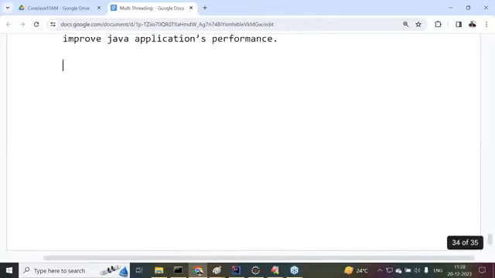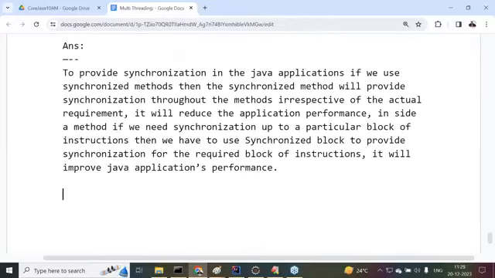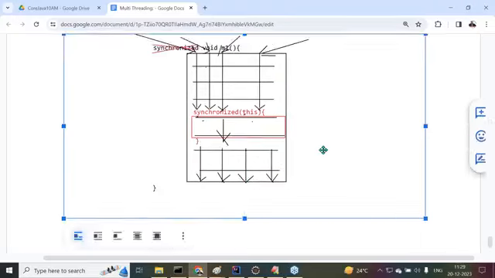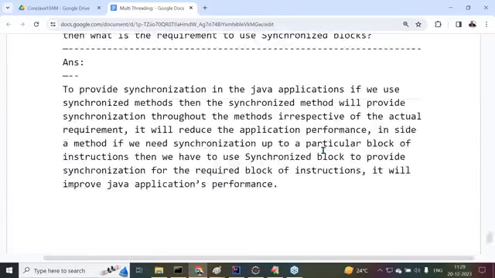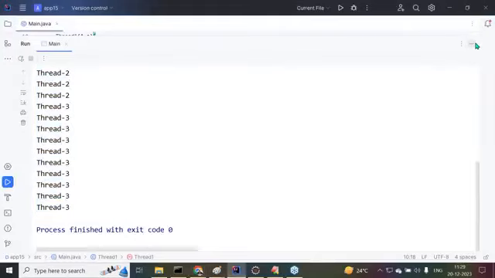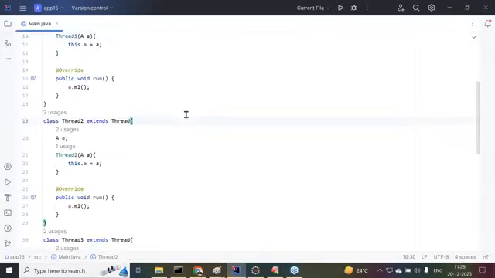Right, sir. Now this is the point here what I've given. The diagram is also provided for this. There we have to use the diagram, but how we are going to implement the synchronized block over the content, I want to show in the same example. I want to show that synchronized block content here. Try to understand it now. No need to go for any other example. In the same example, we can easily identify this.